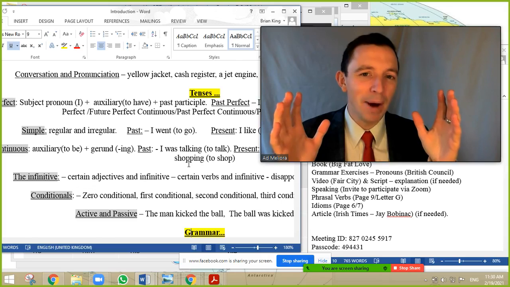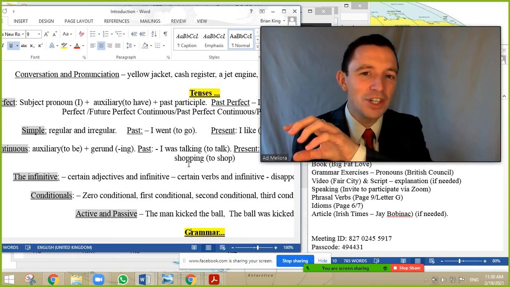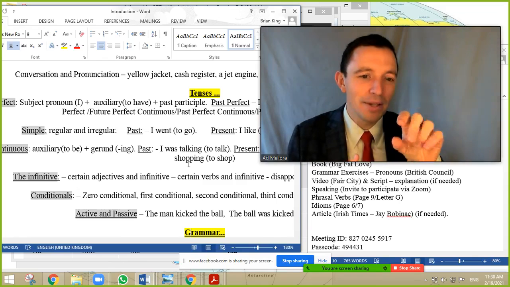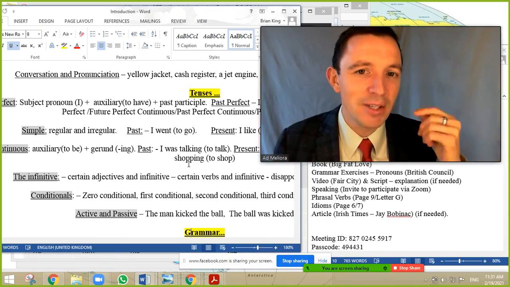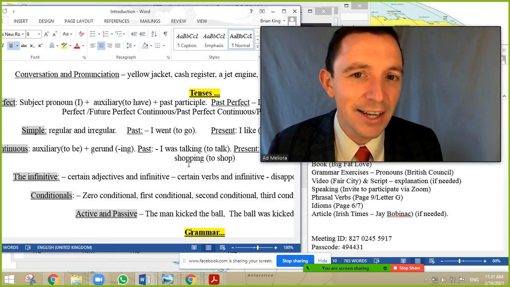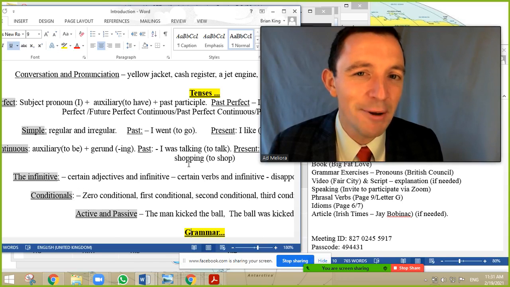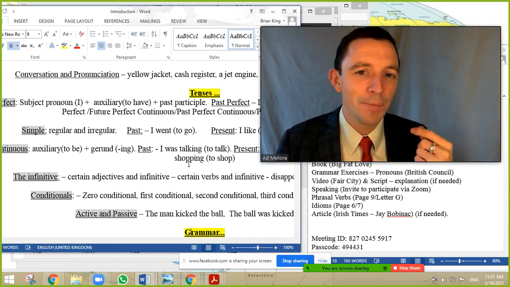And to create the passive, you change the position, the coffee, and you add an additional verb to be. The coffee is drunk (participle) by me. The reason I mention the active and the passive is because if you are preparing an exam, it's a very good idea to use a range of grammar tenses, and it's a little bit more advanced and it's very impressive if you can use the conditional and the passive. That's the reason I mention it.